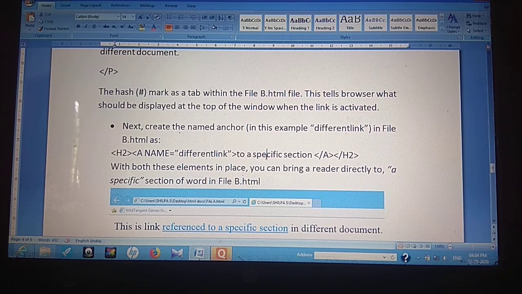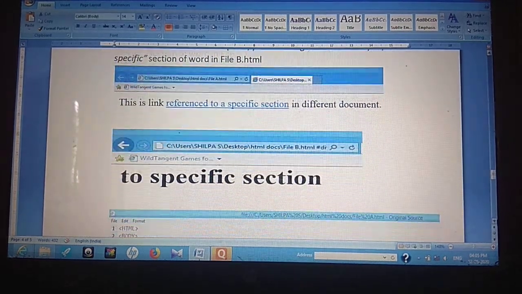I am not including the entire file B. That entire file B is of no use to me. Only that specific paragraph of file B is important for me. So I am only using that name. For that I am assigning a name and calling it from file A. So this is how you can create links in file B.